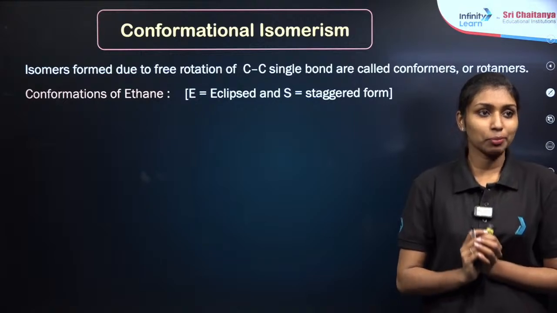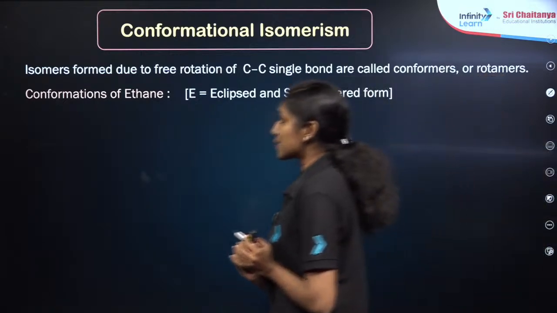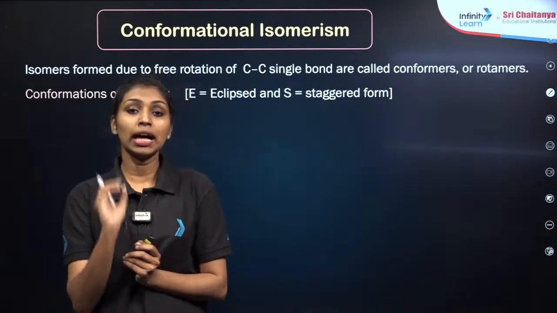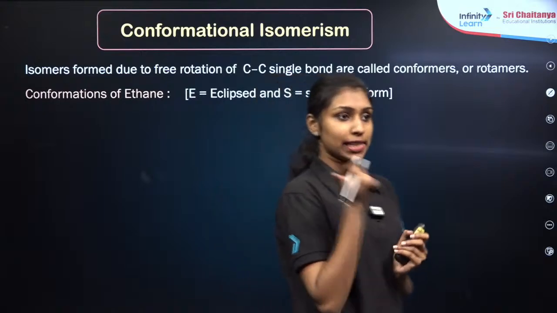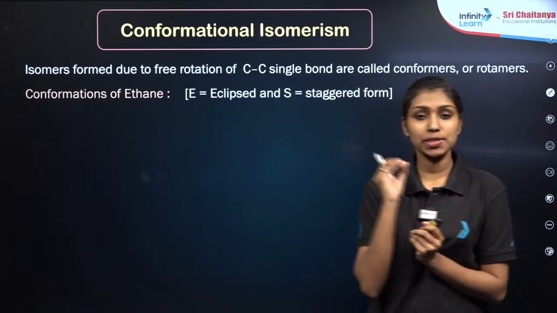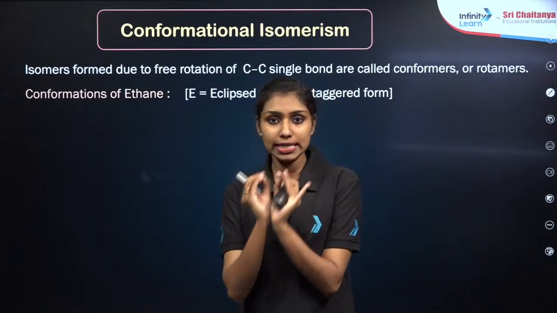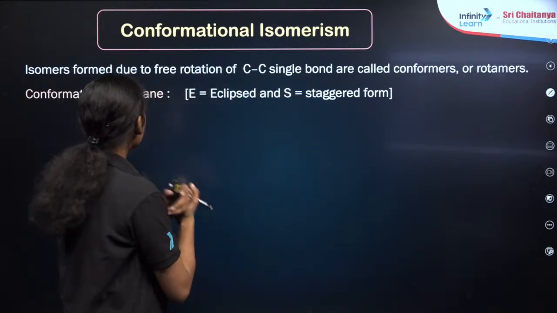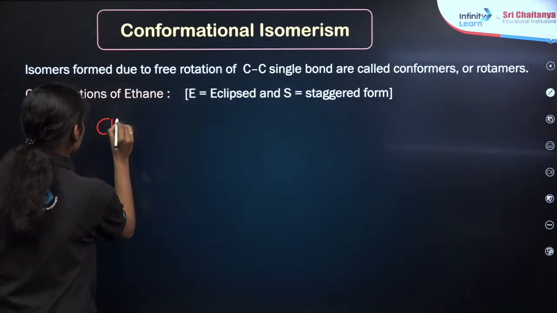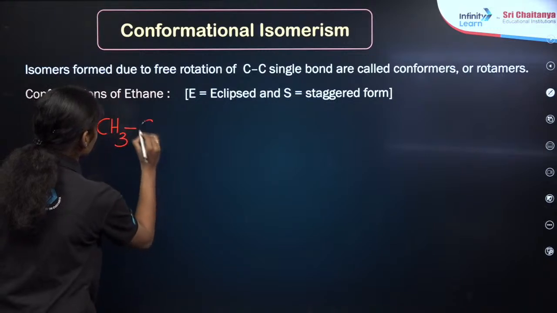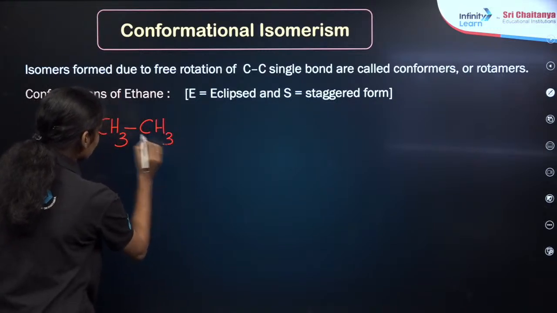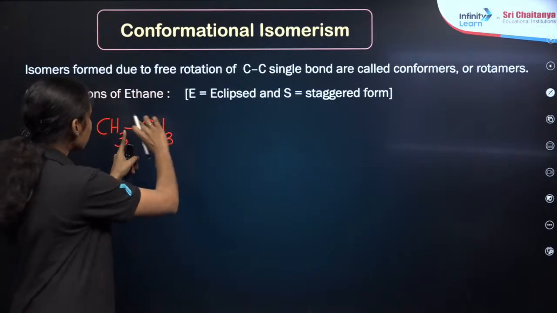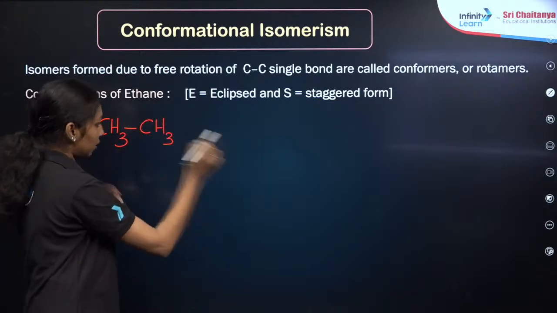So now let us talk about conformational isomerism. I have already mentioned that it is a type of stereoisomerism. So we have already seen that there will be a carbon-hydrogen bond. For example, if I am taking an example of ethane, CH3, this will be our ethane. So this is a single bond. If I am changing the position of these particular, for example,